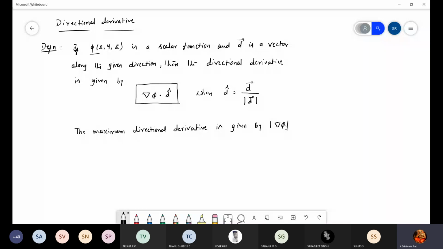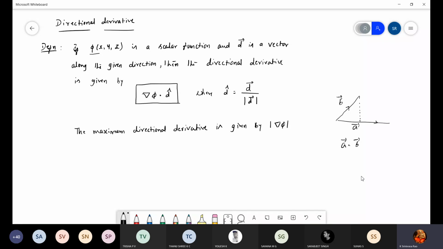Whatever the vector, dot product of two vectors gives a projection. Projection is nothing but, if I take this is one vector and somewhere one vector here, this is vector A, this is vector B. What does A dot B give? Vector A dot vector B gives the projection of vector B on vector A or projection of vector A on B. So that way you can calculate, because dot product is commutative. A dot B is same as B dot A, whereas cross product is not commutative.